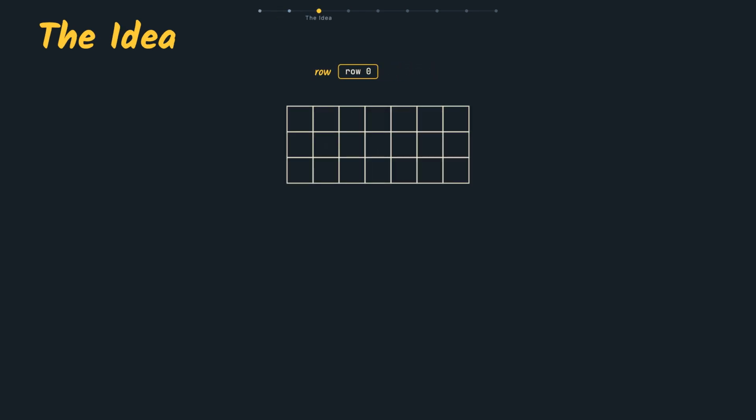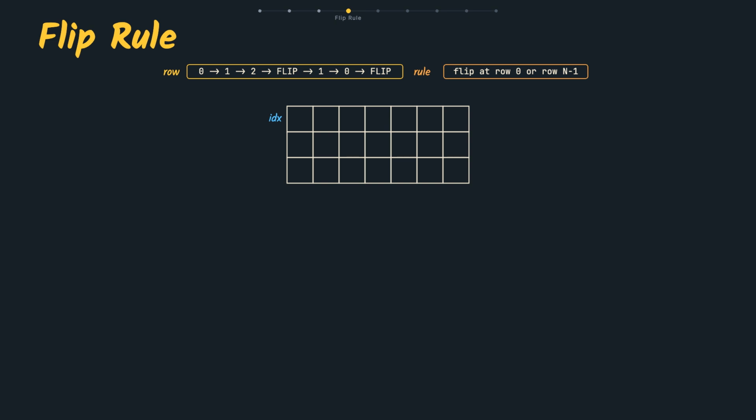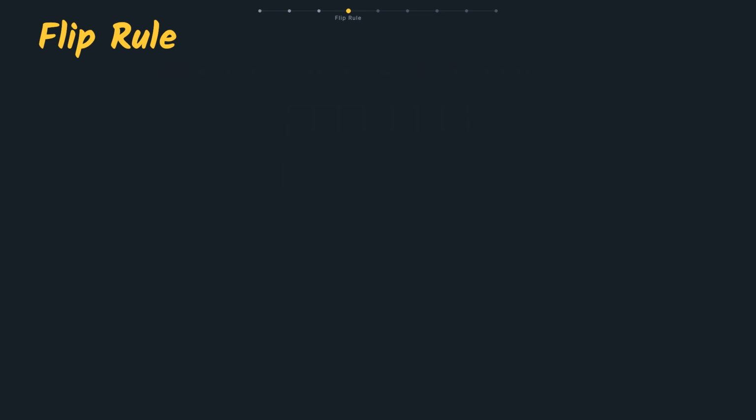What if we skipped the grid wireframe and just kept 3 buckets, 1 per row? Each letter drops straight into its row's bucket. Watch the row index. Down it goes: 0, 1, 2. Hit the bottom, flip. Back up, 1, 0. Hit the top, flip again. That's the whole rule. Okay, back to